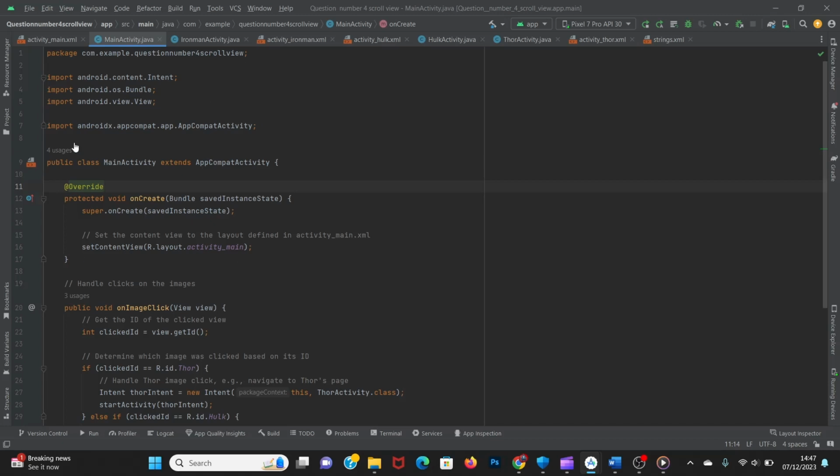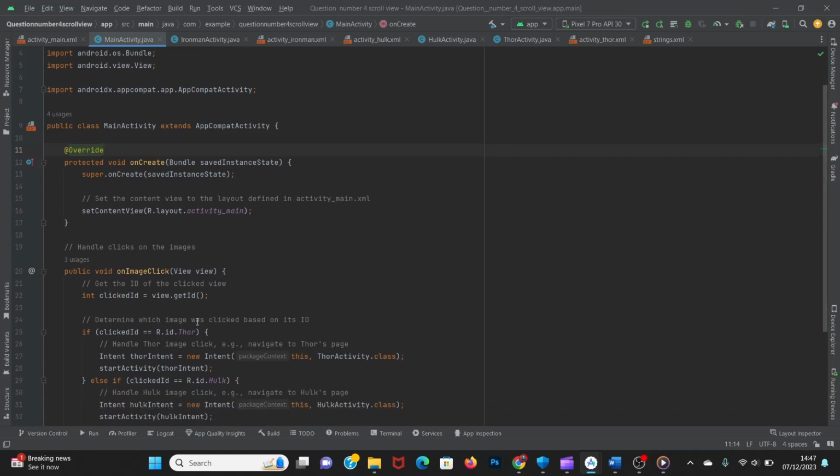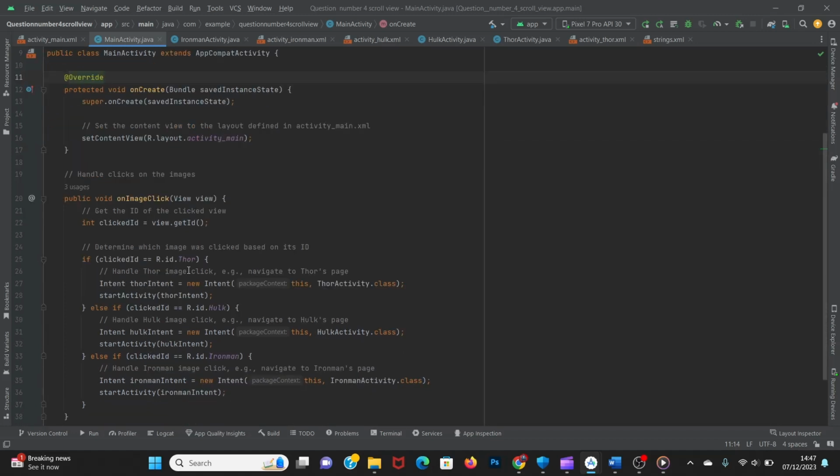This is the main activity for this code. And then this is the main method over here. And I've linked the main activity.xml, which is the front end of this code, with this back end. And then I have created a Marvel gallery. There are three image buttons of Thor, Iron Man, and Hulk. And I have selected the